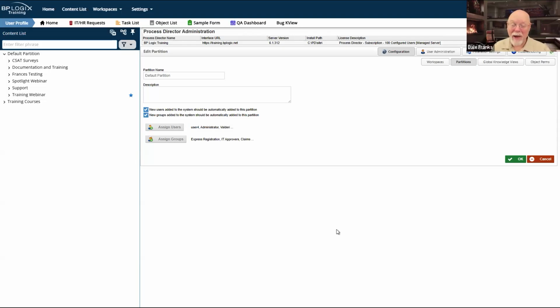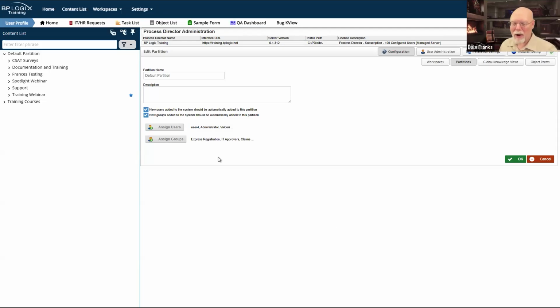So that, if you only have one partition, will solve your groups problem, because every time you create a group, you automatically want it added to the partition. So the default partition is indeed my default partition.